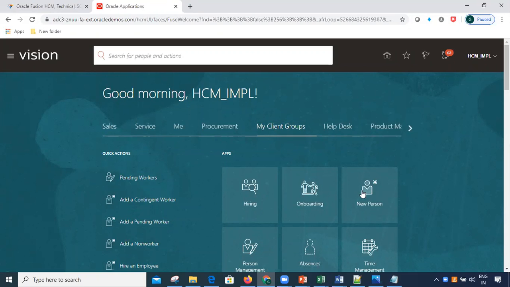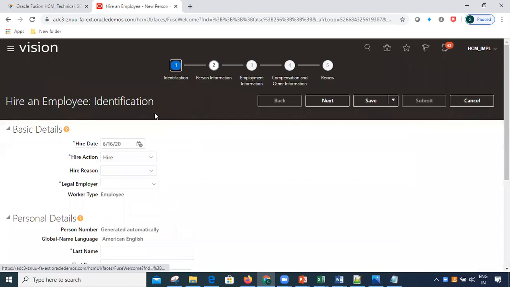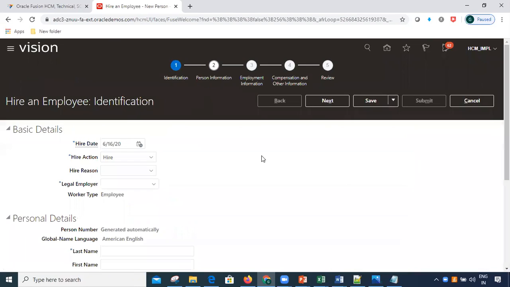Let's suppose, let me go to this screen. See, basic details is there. There is some question mark coming here. What is this? This is the help icon, enabling and disabling of the help. Now I want to disable this one. I will click on hide help icons. See, those were lost. Nothing.